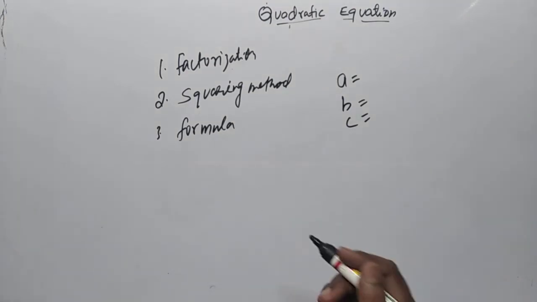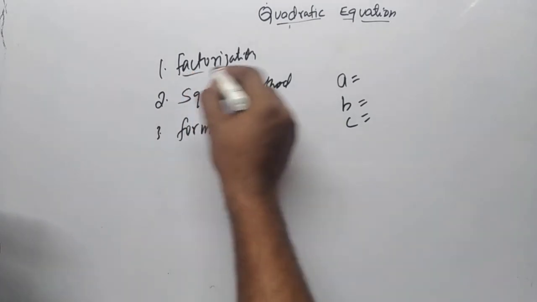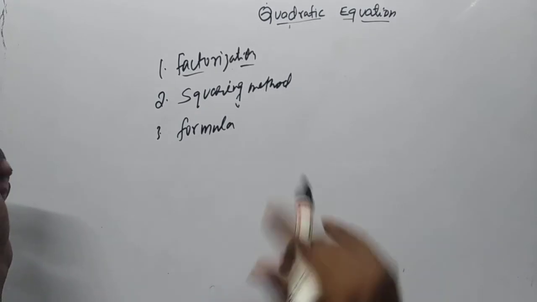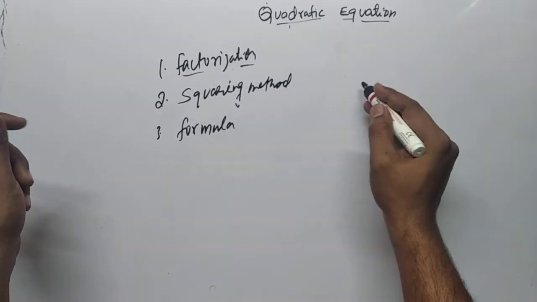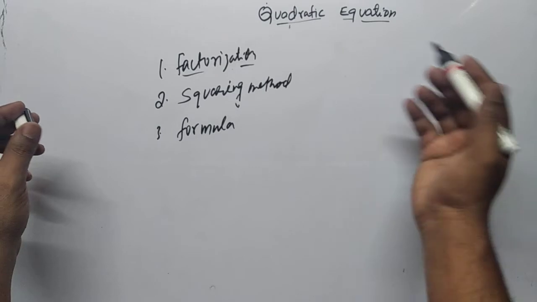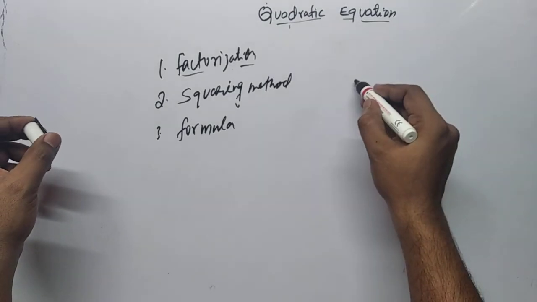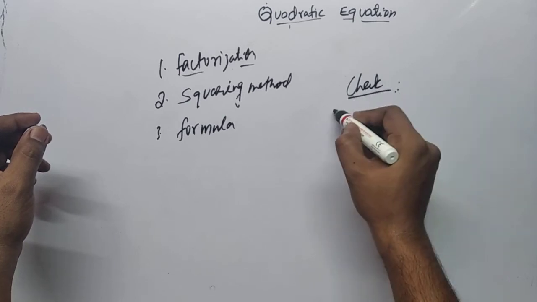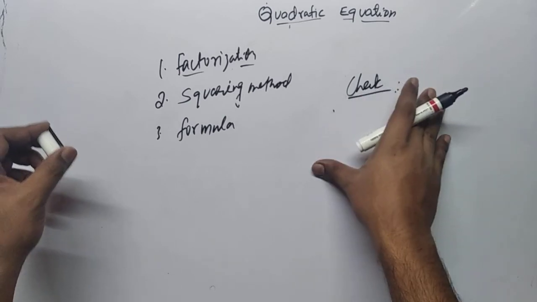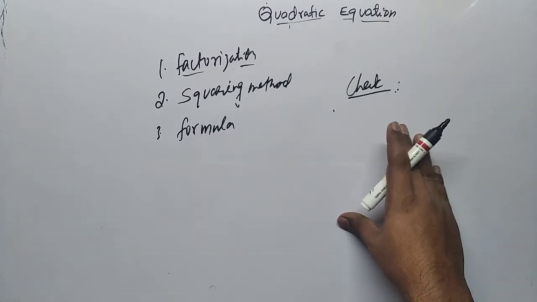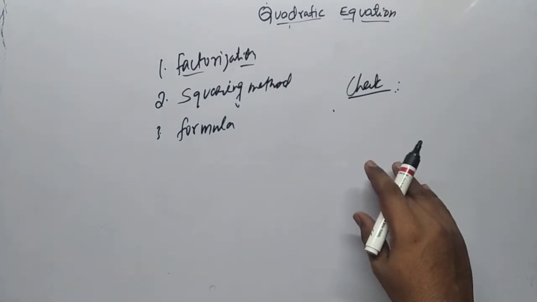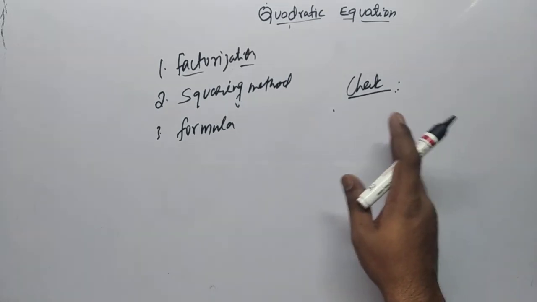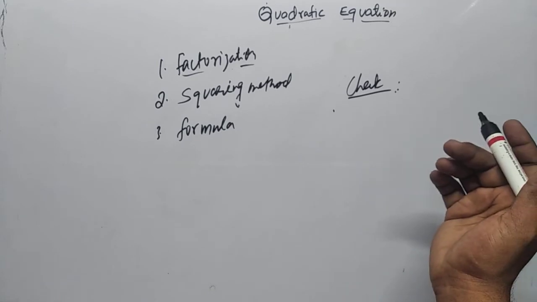In the next video, I will be explaining the factorization. But until then, you just do one thing. You may have some questions in the first exercise itself, where you are asked to check whether the given equations are quadratic or not. You just do that. If you have any doubt, comment down below. I will explain a few of them. Just now I explained two questions, and I am explaining some more.